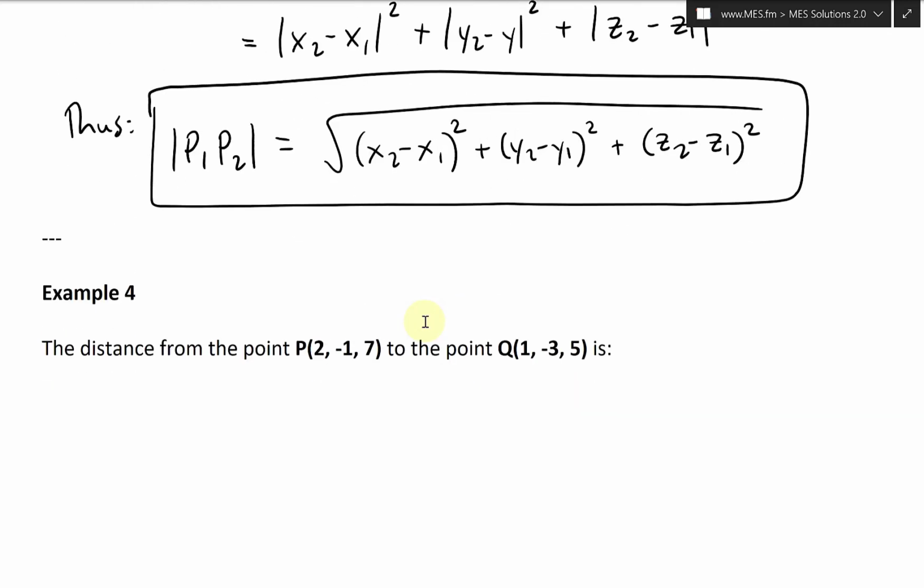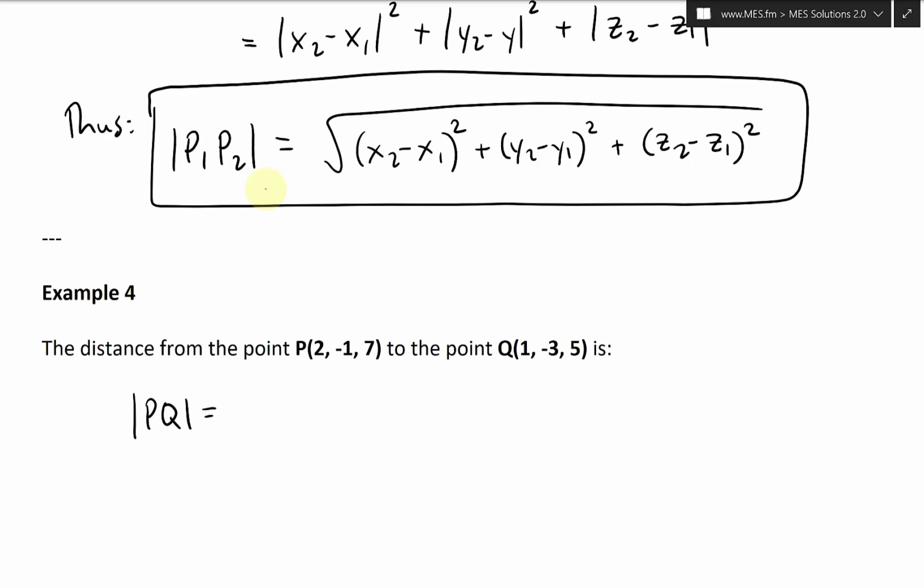Now let's take a look at example 4. And this one doesn't really give a question, just because it's pretty straightforward. The distance from the point P, whose coordinates are 2, -1, 7, to the point Q, which is 1, -3, and 5, we can just apply this formula there. So PQ